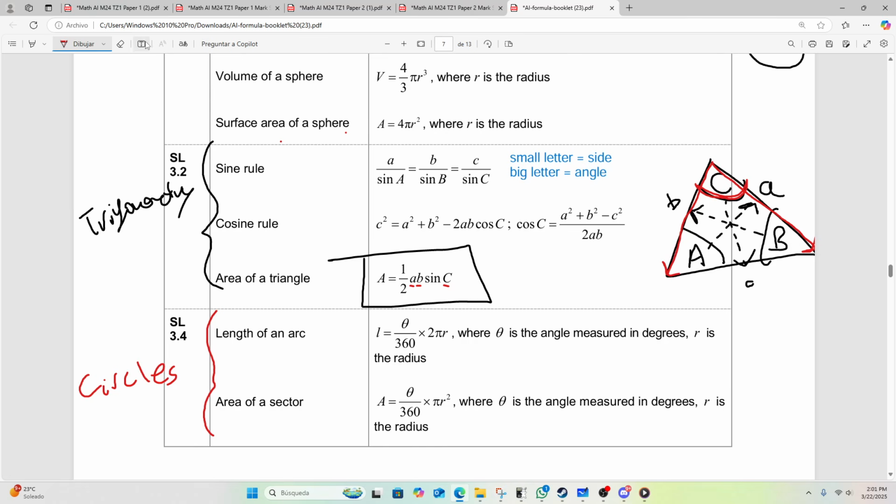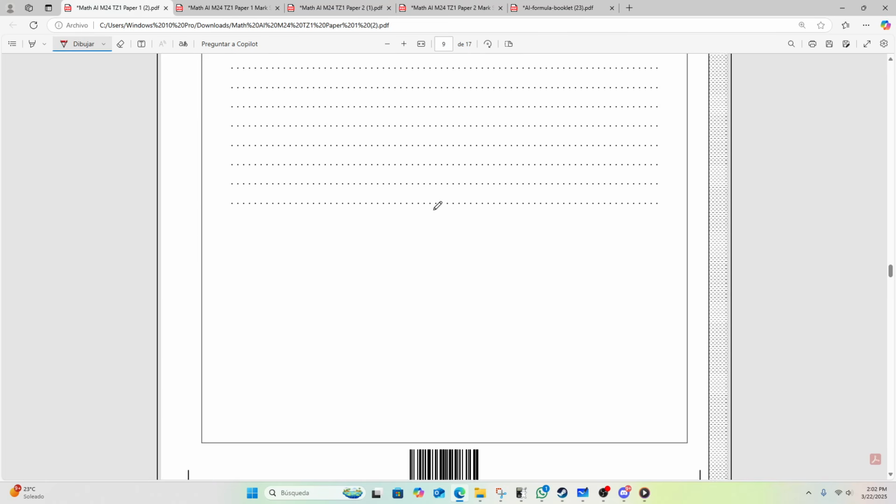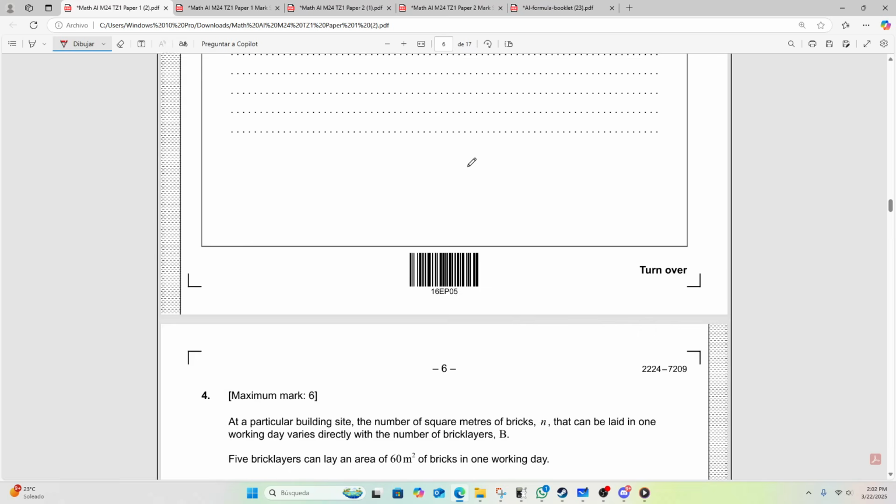So what is the main conclusion here? For the area of a triangle, you can find it if you have an angle and the two sides next to it. If you have an angle and the two sides next to it, you can already apply the area of a triangle formula with no problem. So much so that there are exercises they can only solve with that equation. For example, right here, number 2.